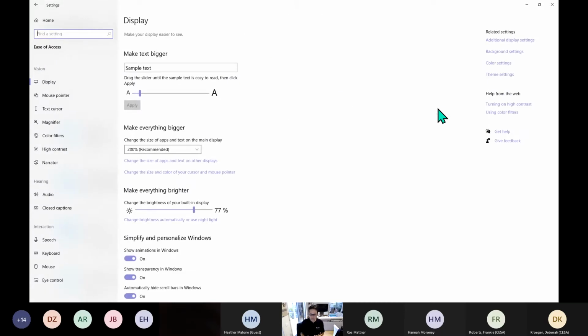Now, we're not going to spend a lot of time on this because you've come along to see reading support, but I do want to just make sure that you understand how this works and why it's important. So we have three categories over here. We've got vision, all right? We've got all these things under vision. We've got hearing,